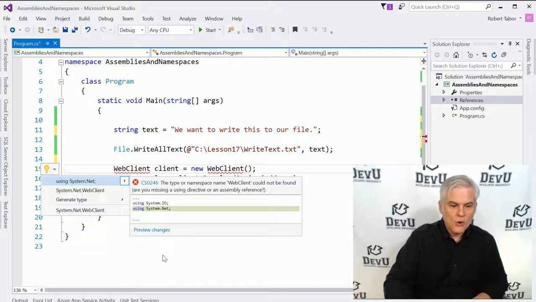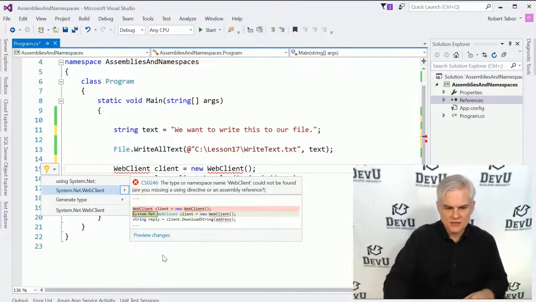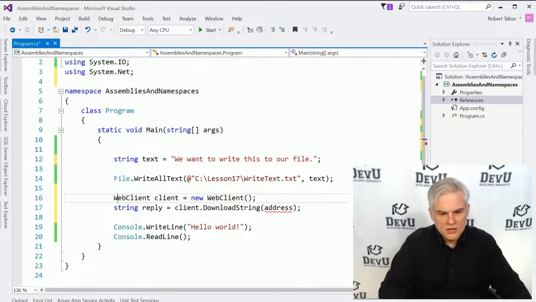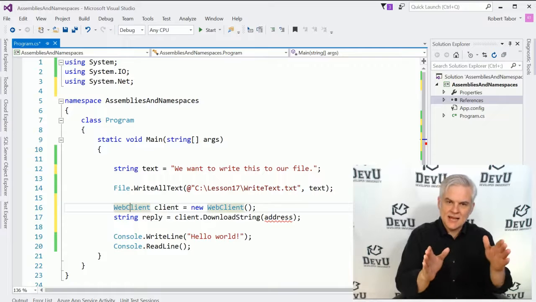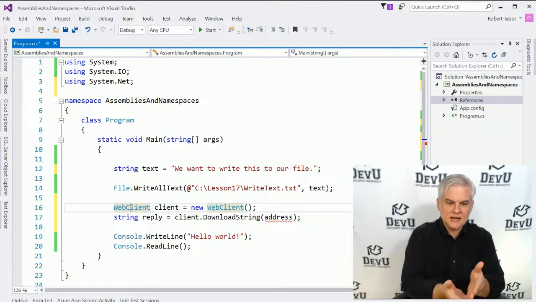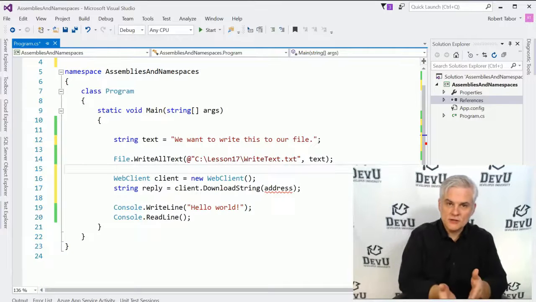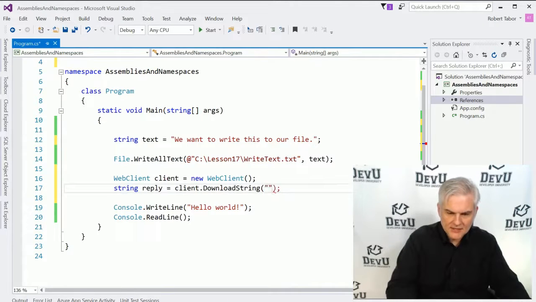So we can automatically add a using statement for System.Net by merely hitting the Enter key on my keyboard, or I can just go ahead and use the full name of the class here. I'll choose the first option using the arrow keys and then the Enter key. Notice what happens. It adds a using statement for System.Net, and then notice that the WebClient class is now found. It is obviously in a different color. There's no red squiggly lines, so it looks like it found the correct class that we're looking for. Now we merely need to give it a URL, so let's try